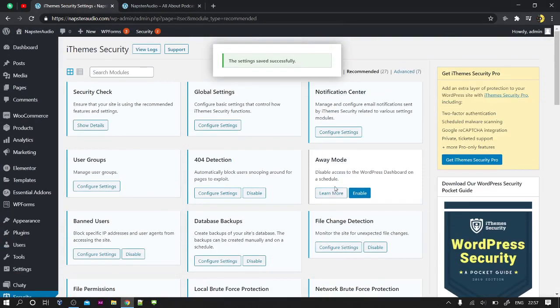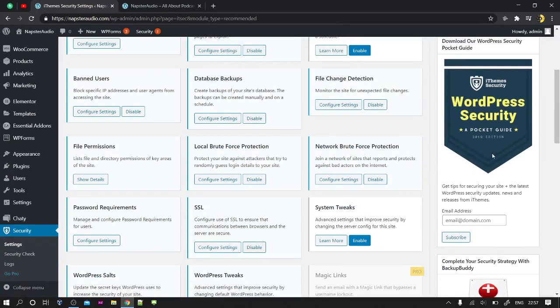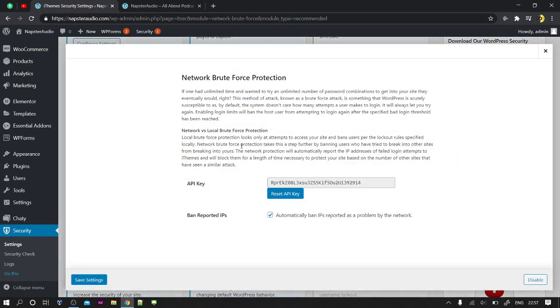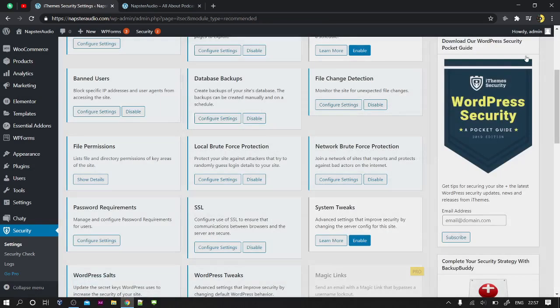And now let's see what network brute force is. There are lots of people who are using this plugin. Let's suppose there are 1 million people using this tool.